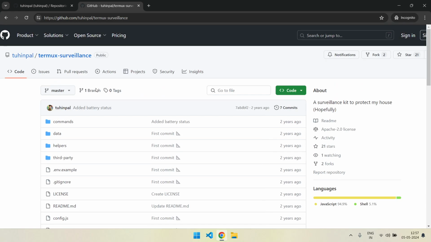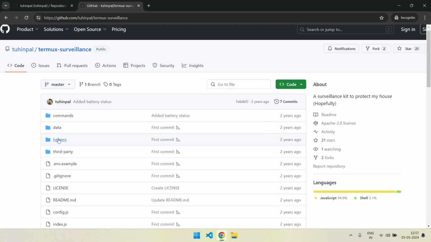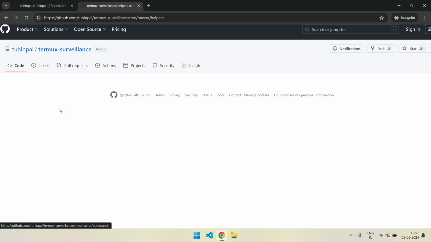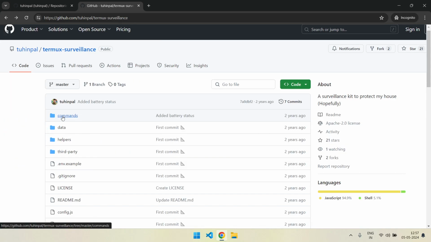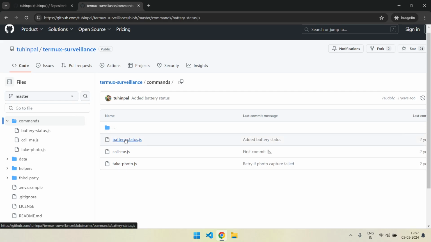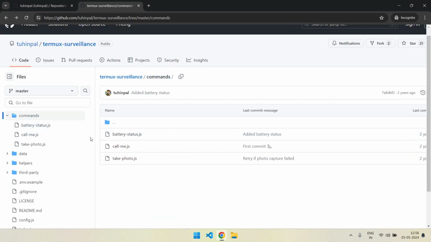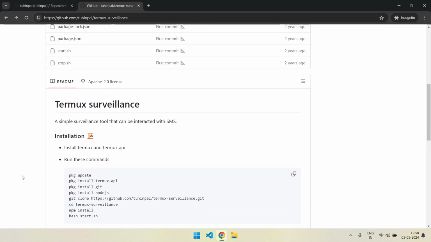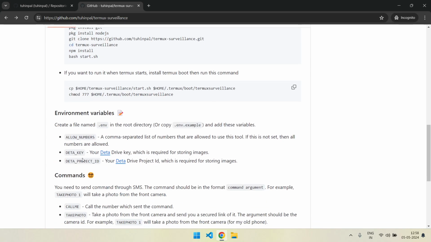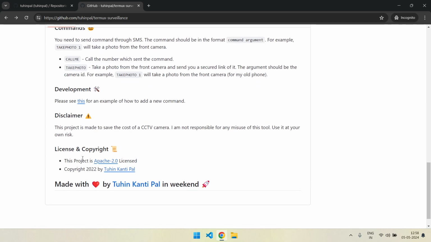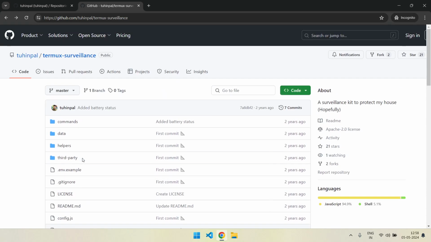And this project also supports commands. So you can also build your command directly. See, I made a command like that. You can also build your command like that. So this is, what it's called, I think plug and play. Yeah, plug and play. You can build your command and you can use it.